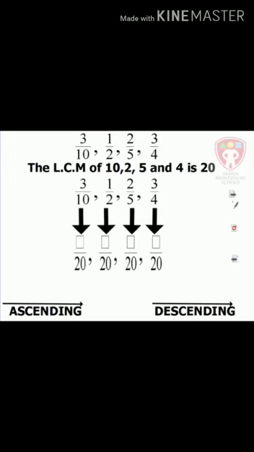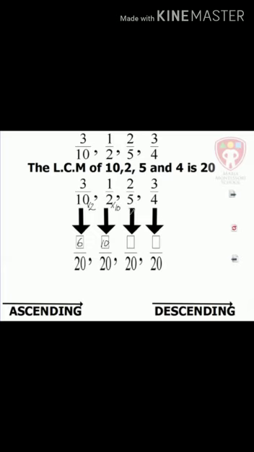And how do we do it? Well, we know by now how to make like fractions here. So 3/10 is the same as how many 20ths? Well, we have to times here everything by 2. 3 times 2 would give us 6. So 3/10 are the same as 6/20. Well, 1/2, we have to times the 2 by 10 to make it into 20. We'll do the same to the numerator. So 1 times 10 is